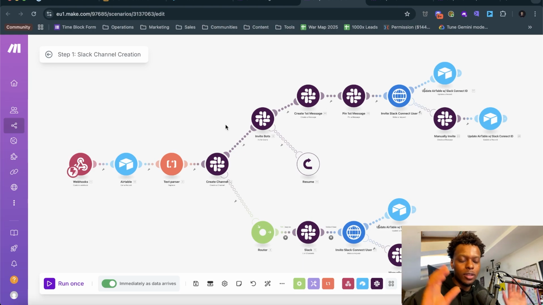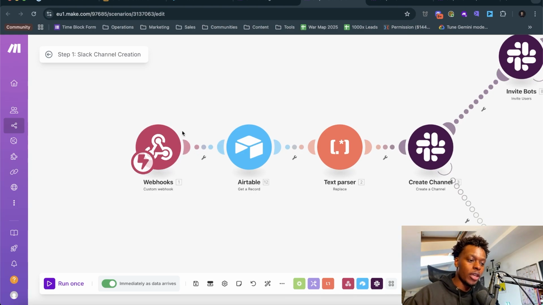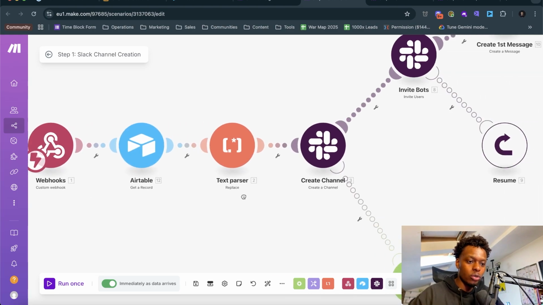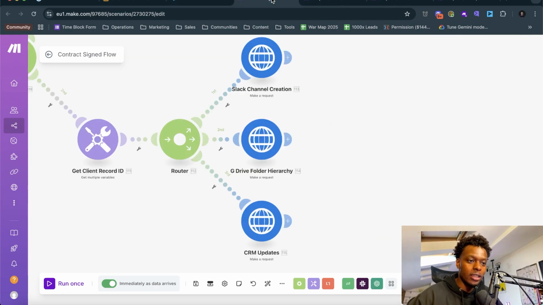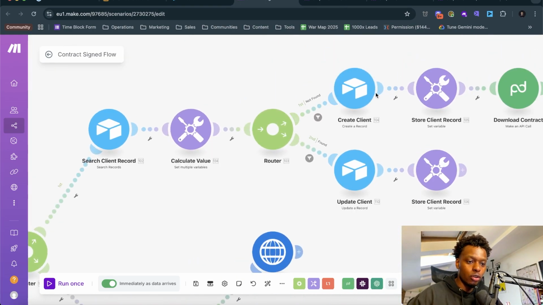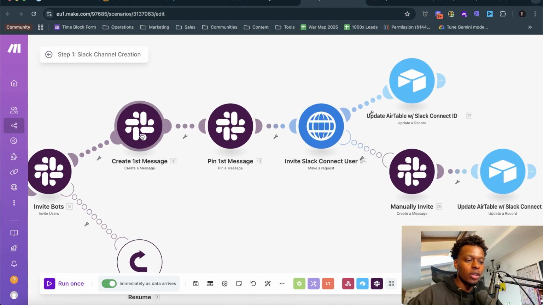Ignore the technical element of this and just look at the labels, because the labels will explain exactly what we're doing. But we pick up the Airtable ID, we get the record, so now we can start to add more stuff to that same record that we added under this create client step here. Then we create the channels, we invite the bots, we send a message,